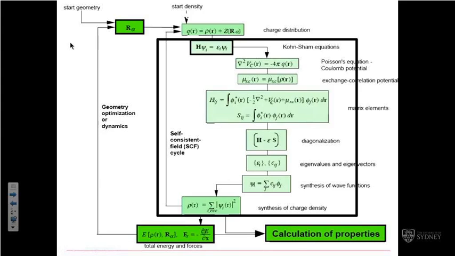Sometimes you'll swear because it won't converge. Sometimes the calculations are difficult to converge, but usually they do. And then once you have finished this, you will have the ground state electron density, and therefore the ground state energy. I probably should just qualify that. You have to assume some position for your atoms, okay? So that is assuming you have input the position of your atoms,